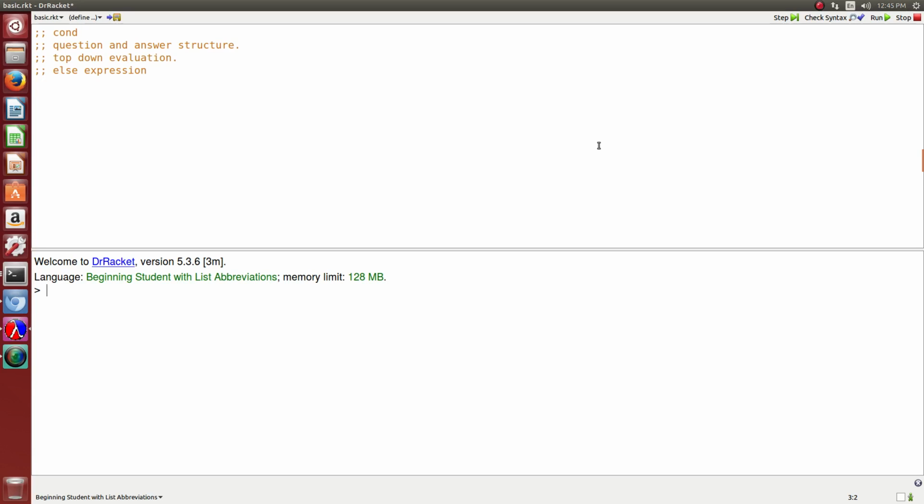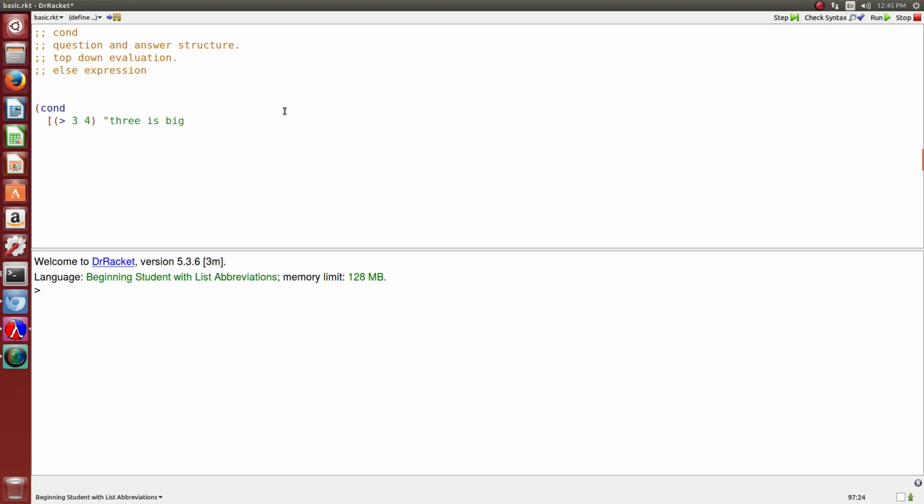Okay, so in this one we're going to be talking about conditional expressions. So basically what this does is it allows your program to go in, well, a different flow. So what you can actually do without even having it in a function is you can just go cond, let's say greater than, let's say 3 and 4. And then if that's happened, you can say,